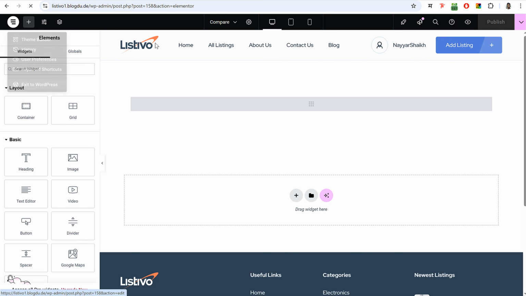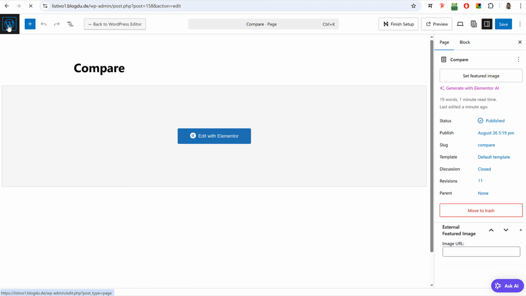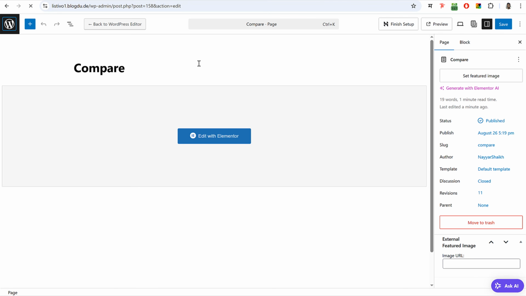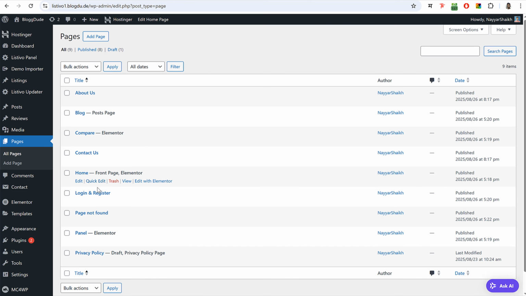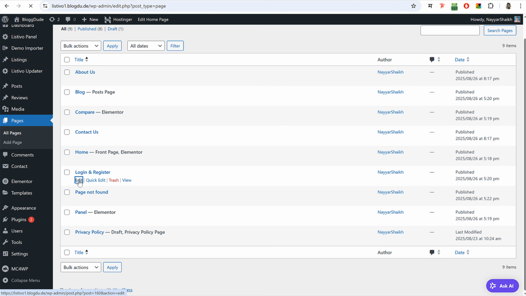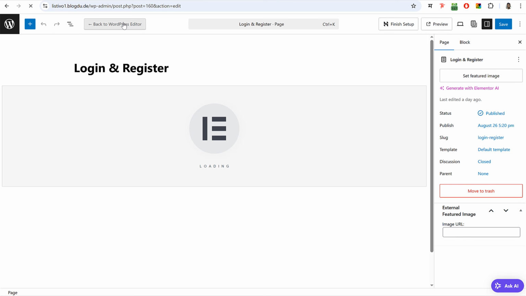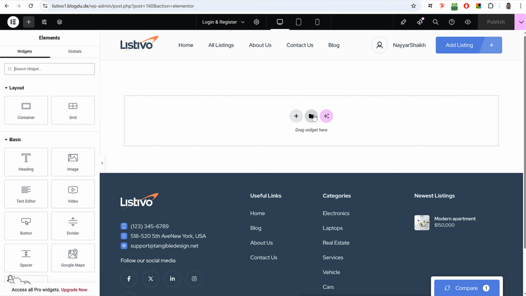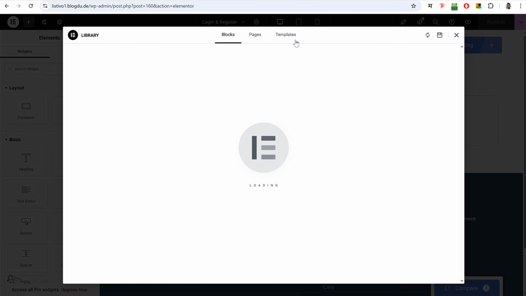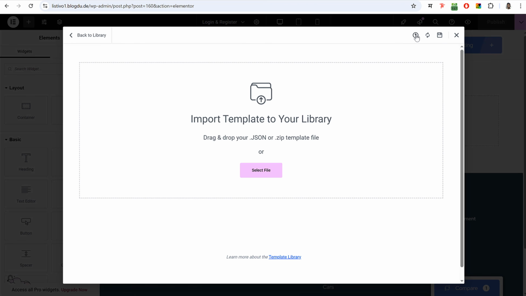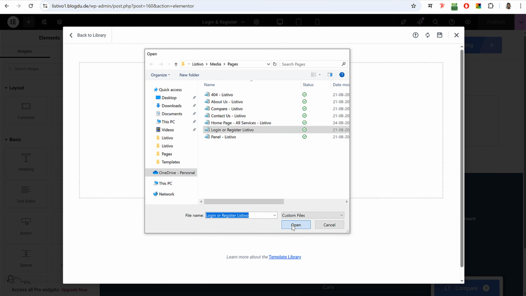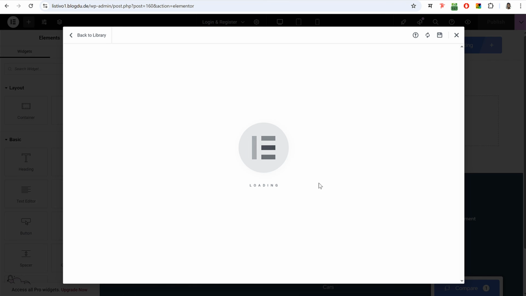Come back again. Let's create the login register page. In fact, we have created these pages. Let's add the content in login register page, which is over here. Click on edit. Now click on edit with Elementor. Now again, click on this folder icon to add a new template. Go to my templates, import template, and select login register. Click on open. In fact, let me import all the templates at once so that we don't have to do